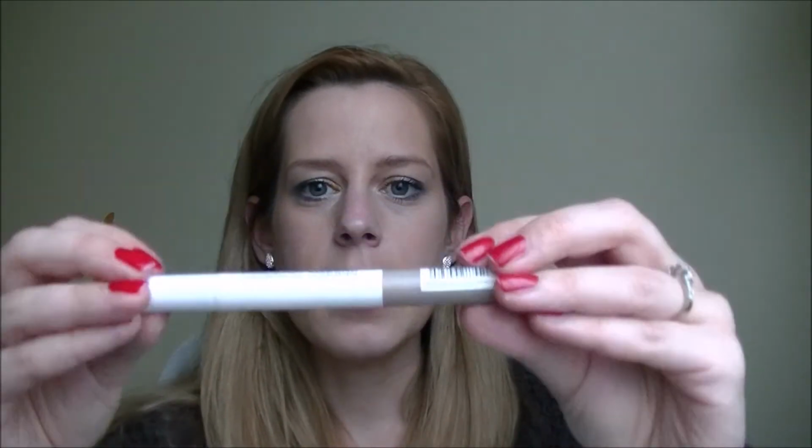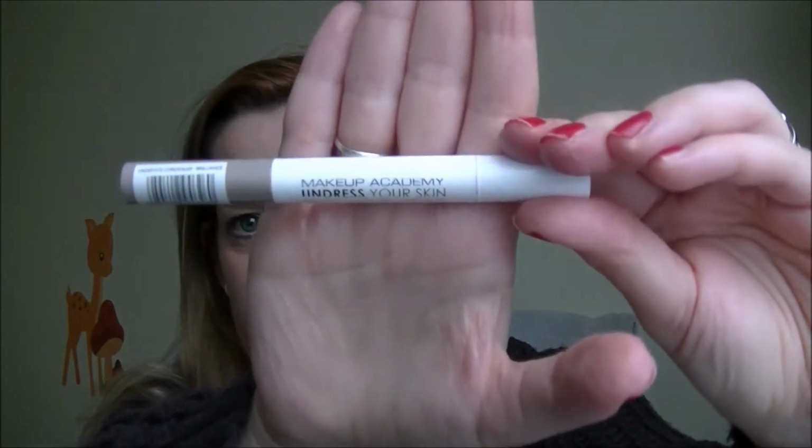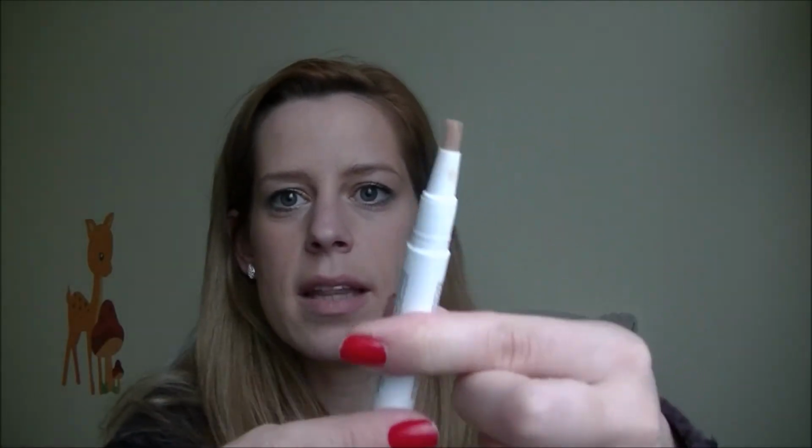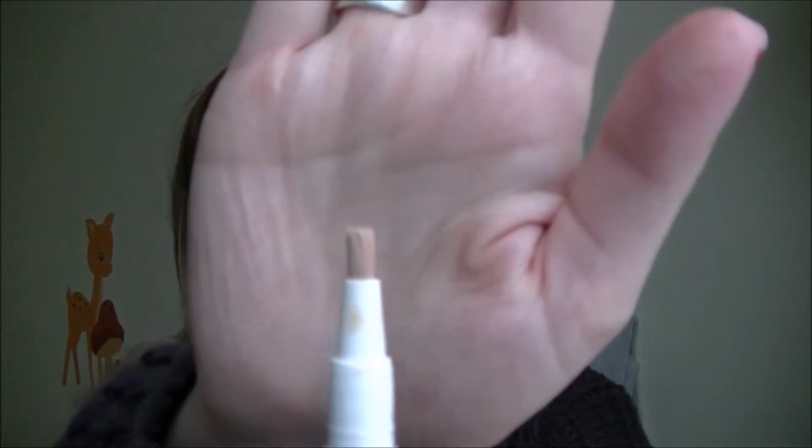The Radiant Under Eye Concealer. The Makeup Academy only does like 2 shades, I think, or 3 shades. My shade is Brilliance, and it's a highlighting pen basically that goes under your eye, and it's sort of like a brush that you have to twist, and then the foundation comes out there. I really, really love this,